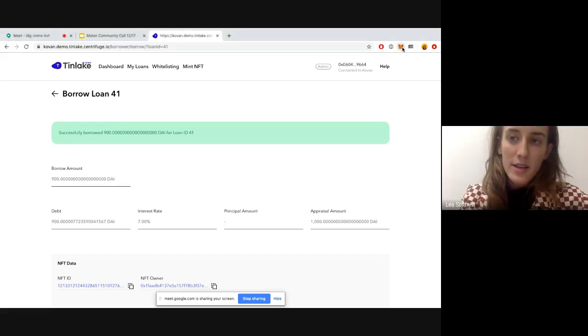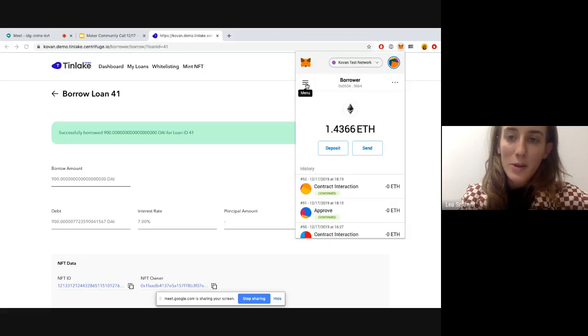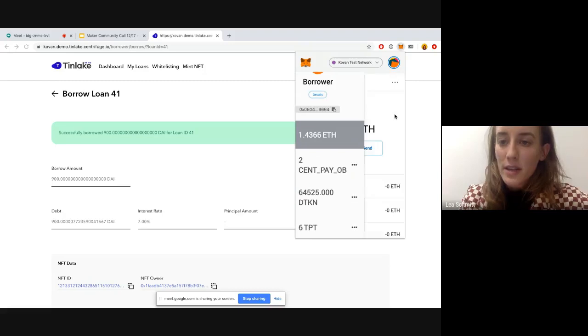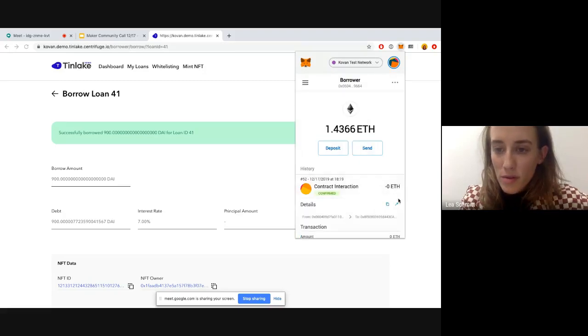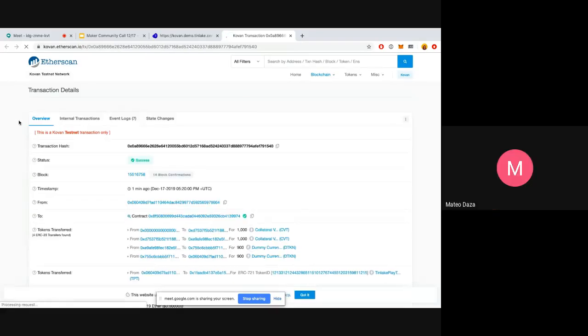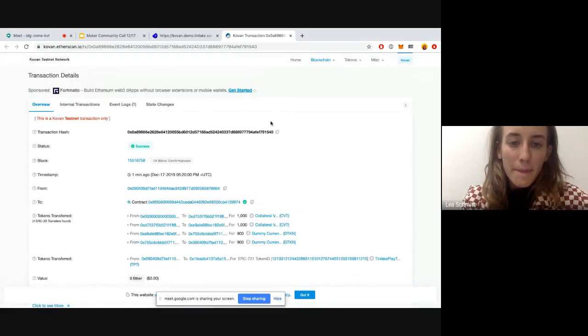So I can actually see now here. Let's see who followed, who paid attention. Now the amount is deposited to my MetaMask, and maybe actually I can show what happened in the back. I don't know, Lucas. Do you want to?